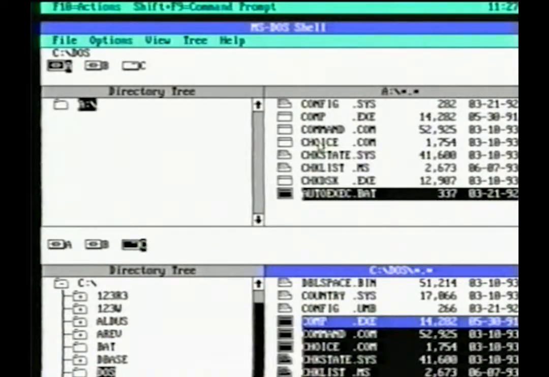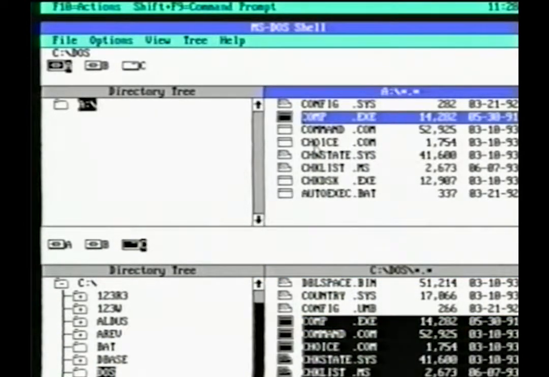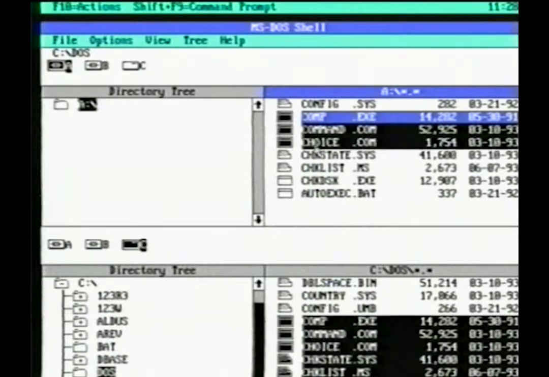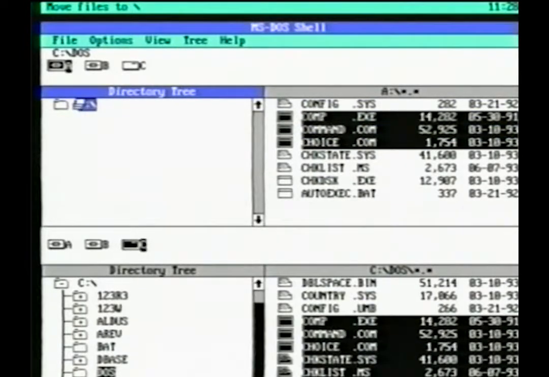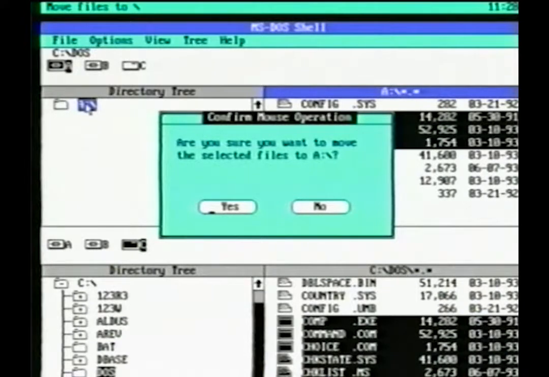Lisa, select a few files in the Files area for our disk in Drive A. Click and hold your left mouse button down. This time, without the Control key, move the mouse pointer on the A in the tree area and drop the files there simply by releasing the mouse button. A dialog box appears asking if you are sure you want to move these files. We definitely don't need to do this since this would just move them back to where we got them from,